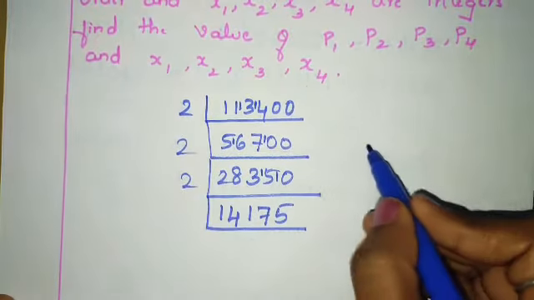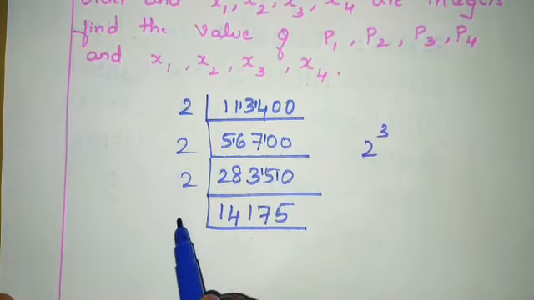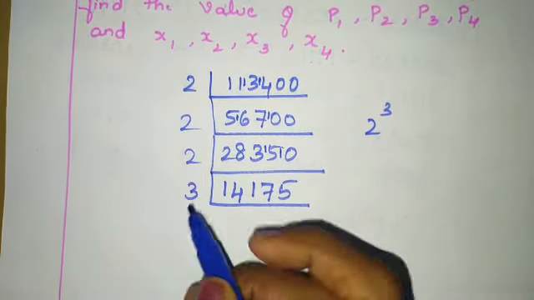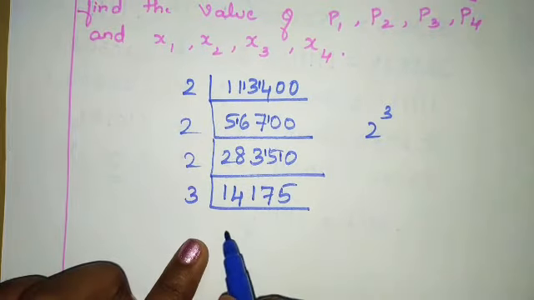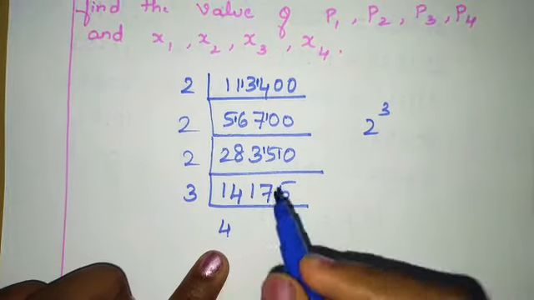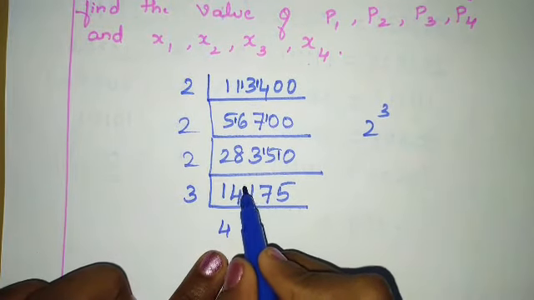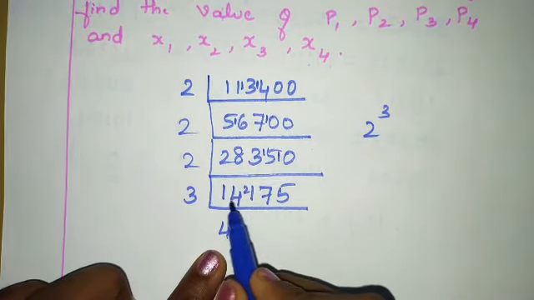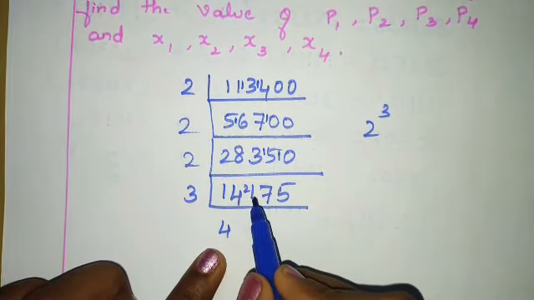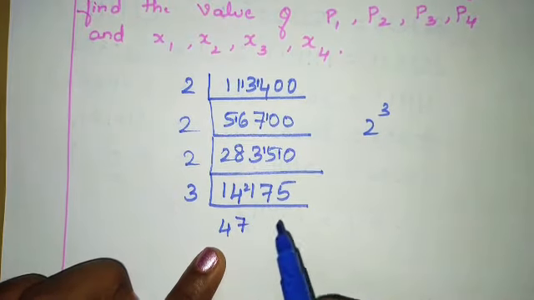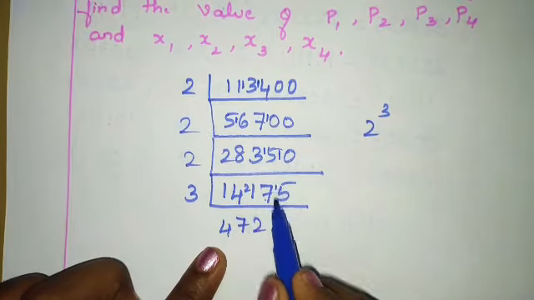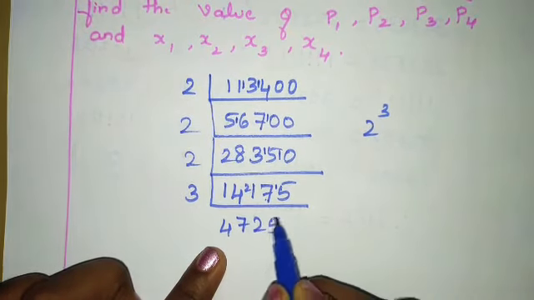1 2 3. So write that 2 cube here. So now next, we'll try with 3. So 3 4s are 12. Then shift that remaining 2 here. Okay, so 14 minus 12 is what? 2. So shift that remaining 2 here. This becomes 21. So 3 7s are 21. Then 3 2s are 6. Remainder 1 I'll shift here. This becomes 15. 3 5s are 15.